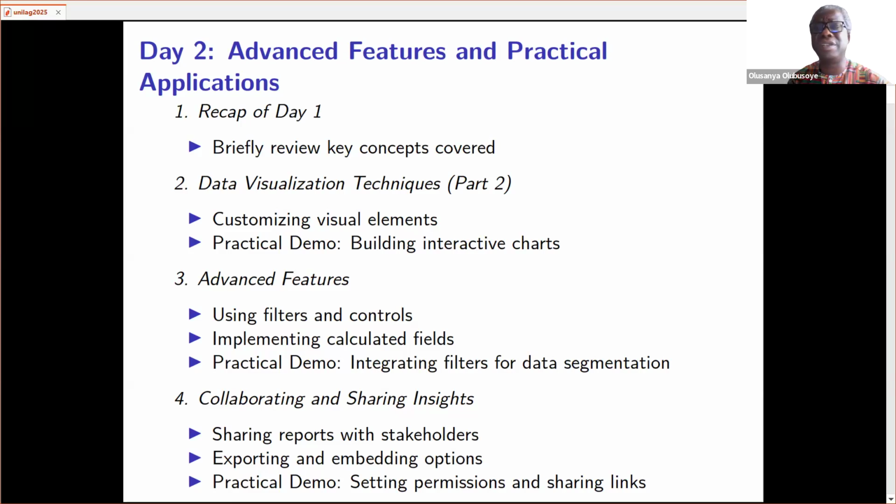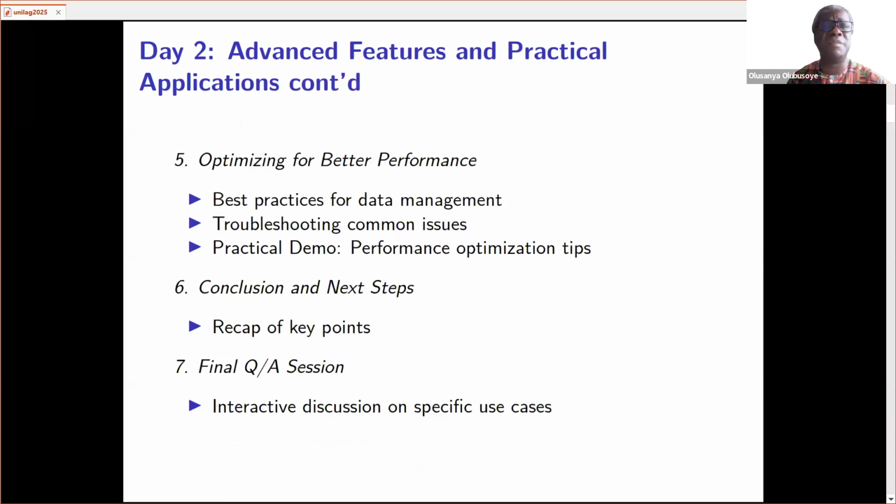The most important discussion will be how you can collaborate and share insights on the platform. We will see the best practices as far as data management is concerned, how you can also do some troubleshooting. So that's the rundown of what you should expect today and on February 18th when we meet.